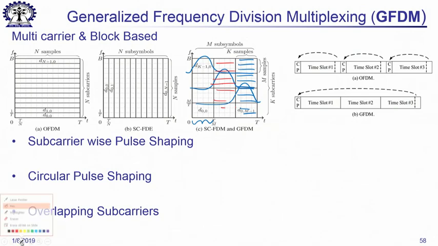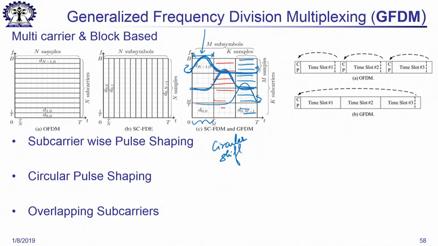This is one way of viewing it, but a more accurate picture would be that for every symbol there is a pulse shape, and the pulse shape is not exactly restricted to this time duration, and that can be understood from the way we have drawn this. So, this indicates that the pulse shape is a long pulse shape. This is the ideal pulse shape for the center one because it is symmetric. For the other cases it has to wrap around. So, this wrap around is the circular